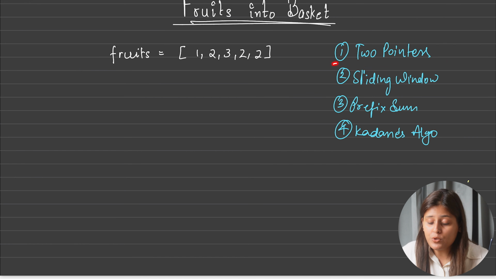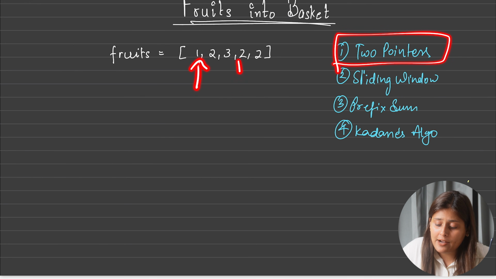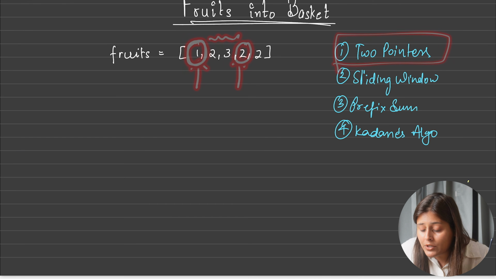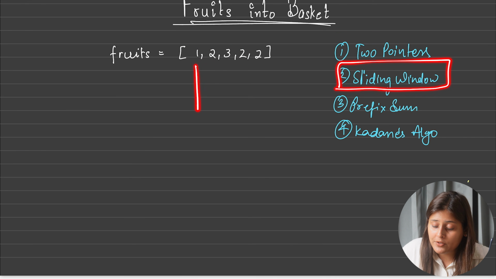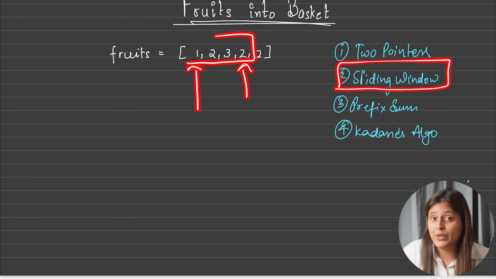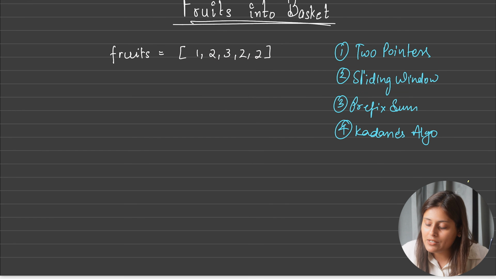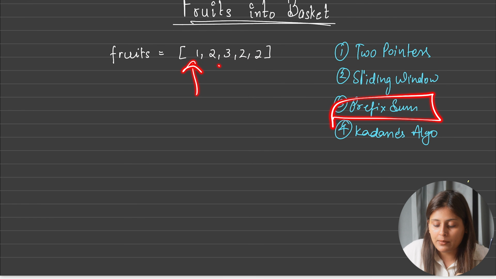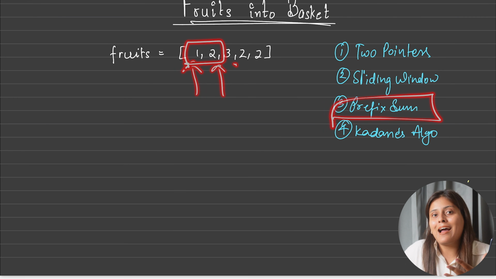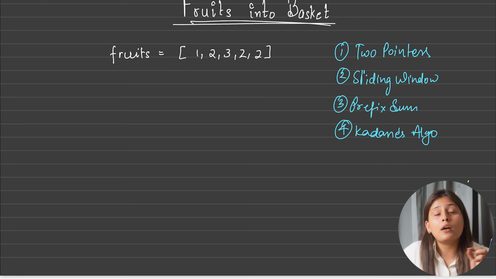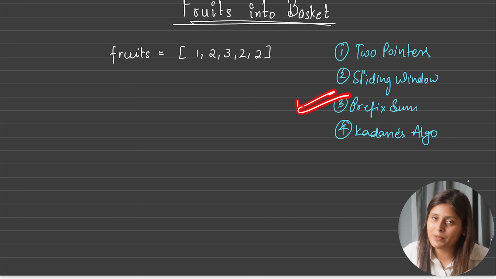2 pointers we use whenever we want 2 particular points and we have to worry about only those 2 points, nothing in between. Sliding window we need whenever we want, from 2 particular points, everything in between, means all those values. Prefix sum we need whenever we have to do the continuous summation between those 2 indexes, and we can ask for every query. Like we have to answer every query: from this index to this index give me the summation, from second index to third index give me the summation, and so on. So for multiple query summation, we will go with the prefix sum.